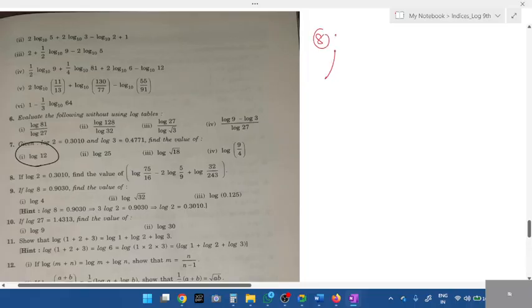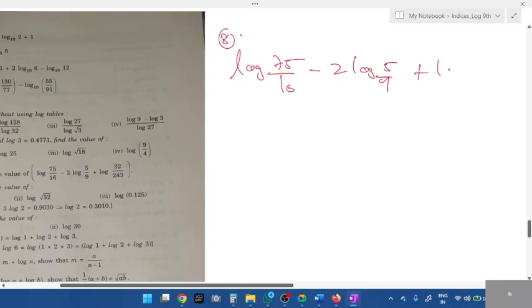Eighth question. Log 75 by 60 minus 2 log 5 by 9 plus